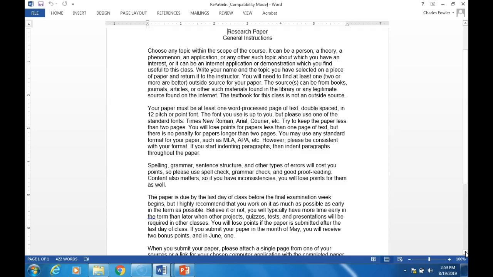Your paper must be at least one word processor page of text, double spaced in either 12 pitch or 12 point, whatever you want to call it, font. Okay. Now, one word processor page of text, what that means is if you use some type of format that has a header at the top and several spaces skipped and then the title and then maybe triple space, and you finally start typing somewhere down the page,